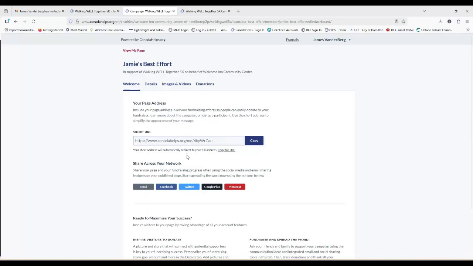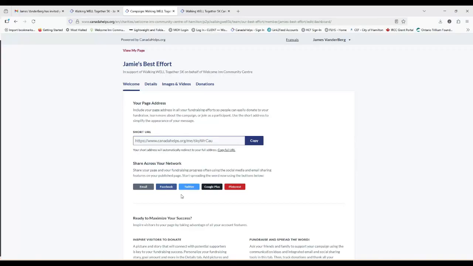So that's the old school simple way. You can do that the same way here by clicking on the email button, and it will do it through this portal. If you click on the Facebook or Twitter, which is now X, it will automatically open up your Facebook account, and it will auto-populate the post with the images that you've selected.